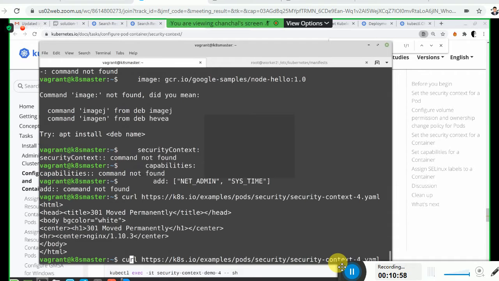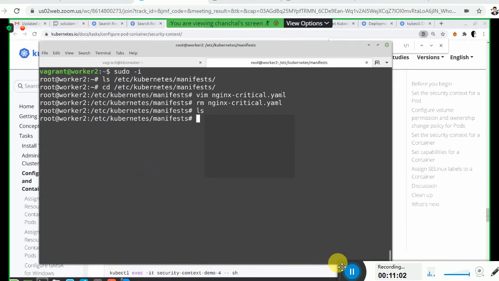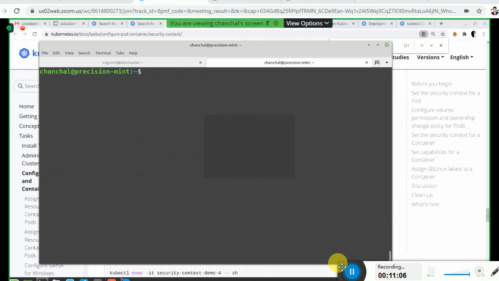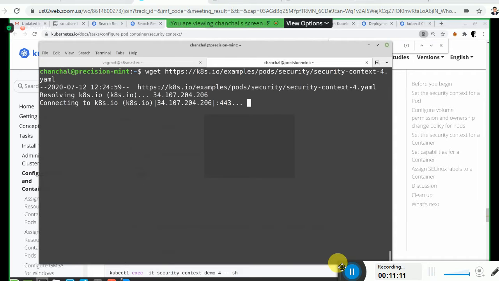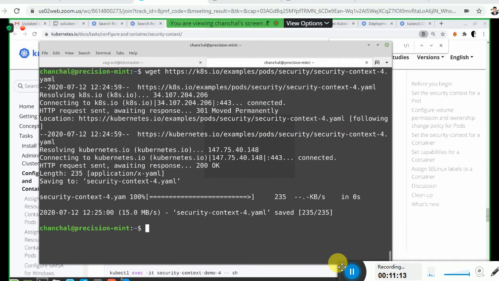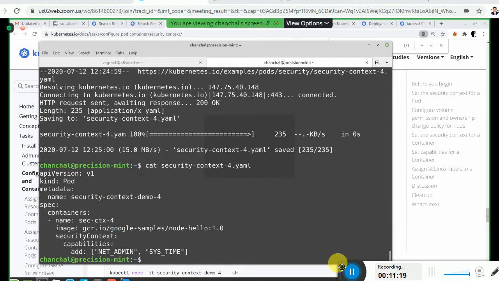Okay, let us find out whether wget is working fine. Control D on my system. Wget is already there. Let's see whether it is downloading that or not. Okay, cat security 4.yaml. Yes, it is there. So doing a wget gives me a more precise result.